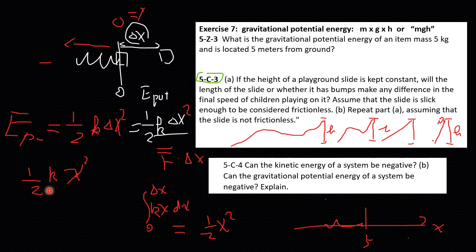For those of you who want to review your calculus, this result can be obtained by integration of Hooke's law, kx dx, from 0 to delta x, and you will get exactly the same result. Without calculus, you just say that's the average, because the force is changing during the entire process, but we know the final result in terms of the spring potential. All right, we will continue on the next slide.